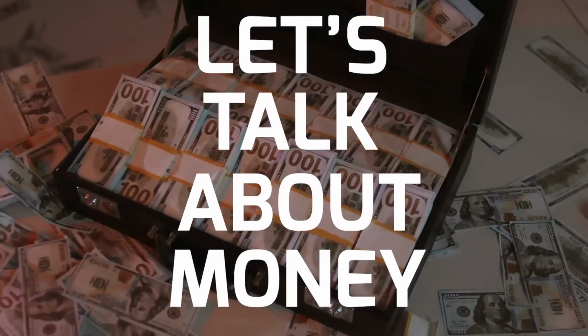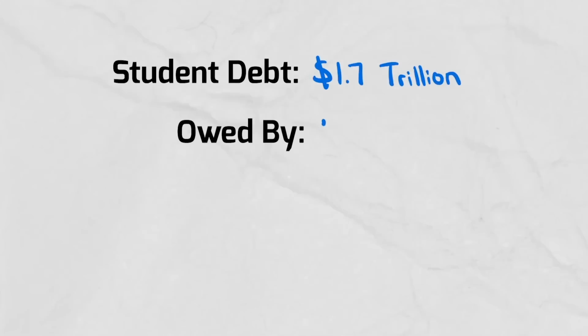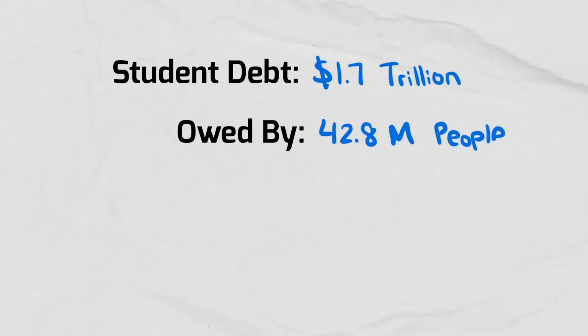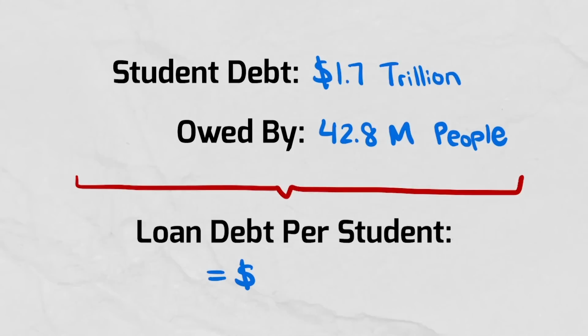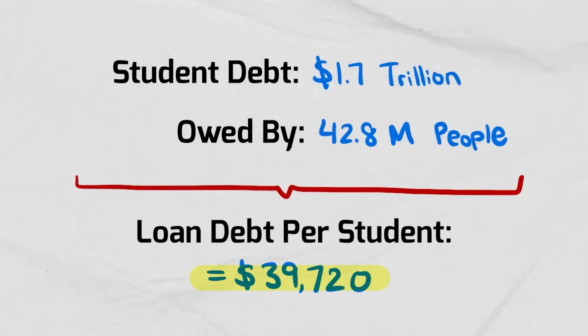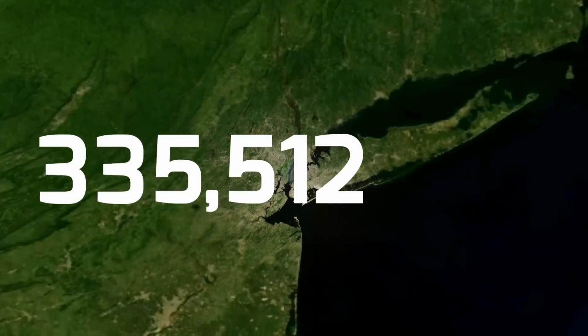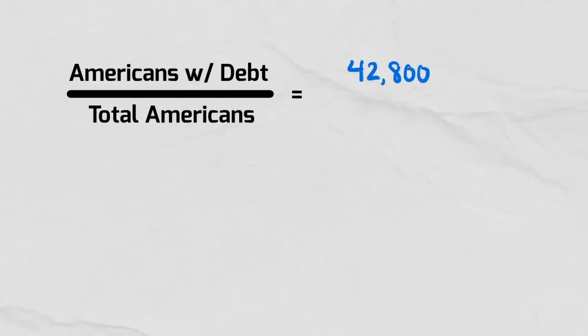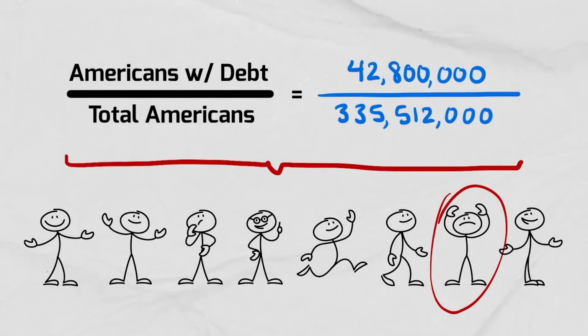Let's talk about money. As of October of 2022, the student loan debt in the US is $1.7 trillion. This is split among 42.8 million people, which means on average, the loan debt per student is $39,720. And because approximately there's 335,512,000 Americans as of October of 2022, this means that roughly 1 in 8 people have student loan debt in